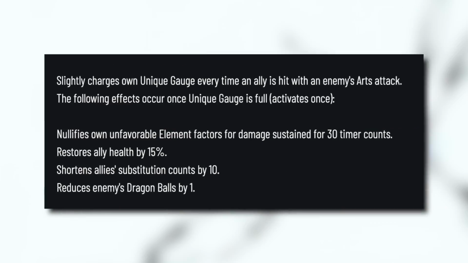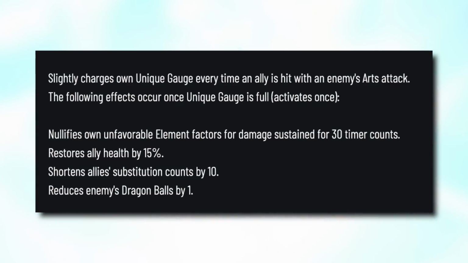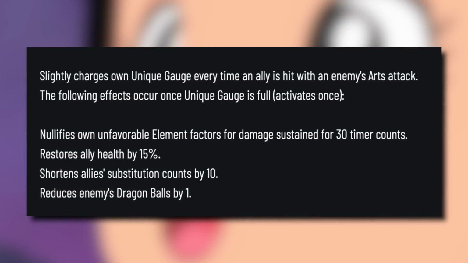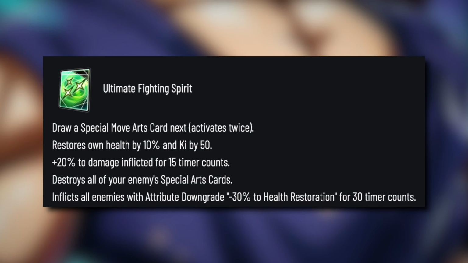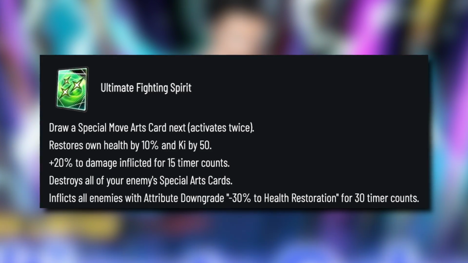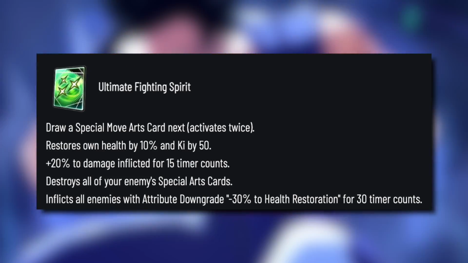Every time an ally is hit pre-transformation, he's able to charge his unique gauge. His unique gauge will only fill once prior to transformation, but of course that's how you get the main ability, which becomes super OP if the gauge is full. I like that his green card always draws a blue card, even though it only happens twice. You have to think about the blue cards he's also going to draw in naturally. So if you want to spawn one, you got to hit the green card, it activates twice. He's going to get 20% damage inflicted as well, and all of your enemies' green cards will get destroyed, which